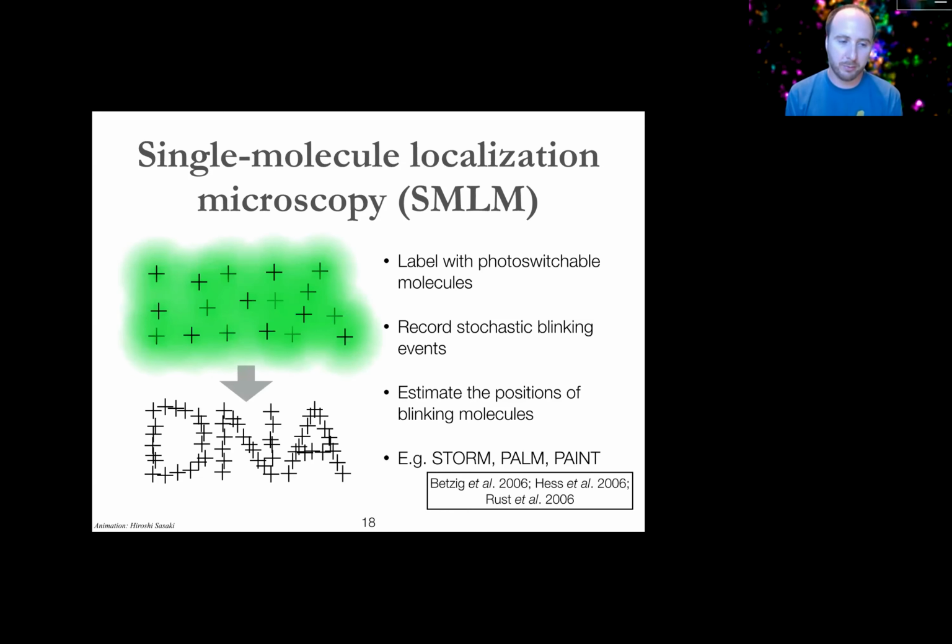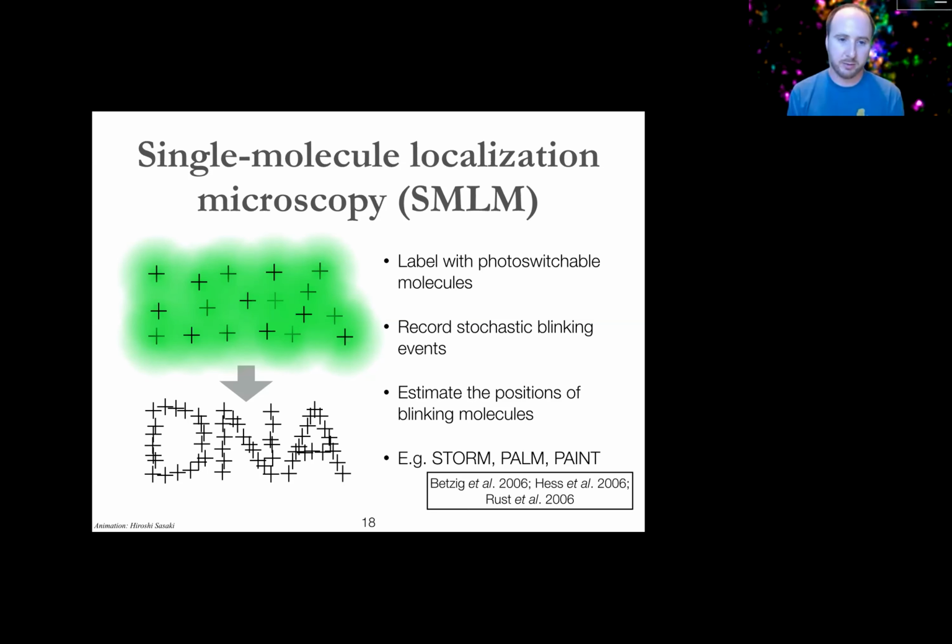And then if we're pretty confident that we've captured an individual molecule blinking as opposed to a population fluorescing in a diffraction-limited volume when we see it, we can make an estimate of the point source. So we're not really resolving the molecule any finer, but we're making a mathematical estimation that's essentially a statistical calculation. And we can do that with a precision that is about twofold better than the diffraction limit.